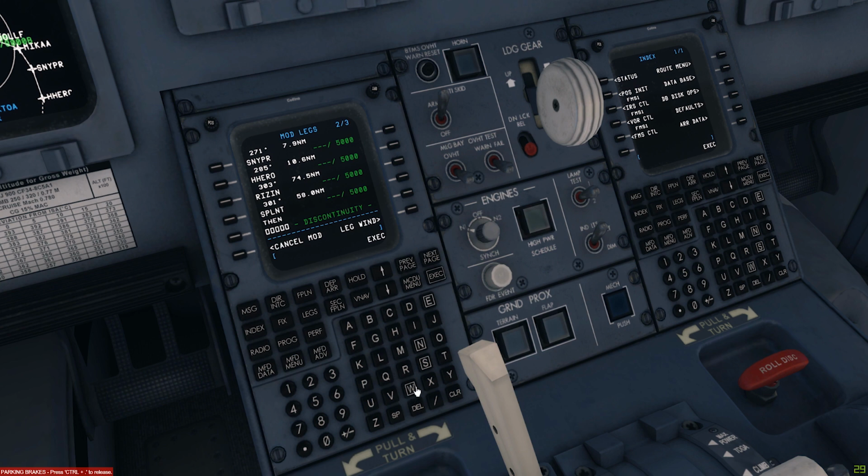Then two more before we are actually using a STAR to the San Francisco area there. So the last one will be Sierra Echo Romeo Foxtrot Romeo,